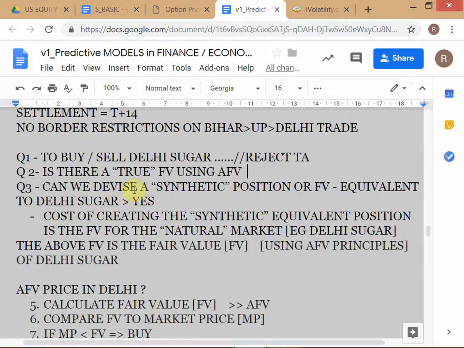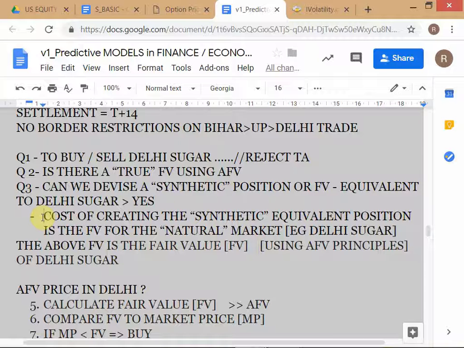So now the rule is essentially the cost of creating the synthetic equivalent. What is the cost of creating the synthetic equivalent? 65. The cost of creating the synthetic equivalent is 65. Does everyone agree? Yes, sir. So whatever is the cost of creating the synthetic equivalent, remember it has to be equivalent. The word equivalent is very important. It has to have the same effect. If you get it only to Ghaziabad, that's not equivalent. You have to bring it to the same location. So now it's a synthetic equivalent.